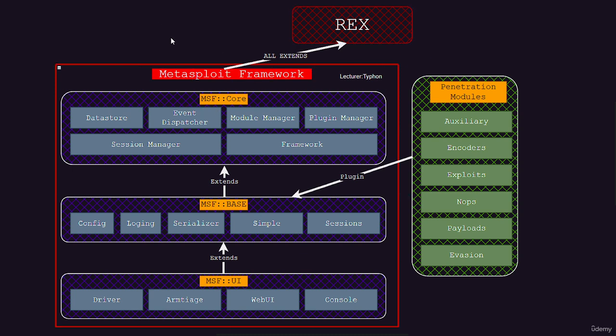Rex serves as the backbone of Metasploit, taking on a multitude of essential roles within the framework. One of its primary functions is handling core operations like socket management. It's responsible for setting up network connections, managing sockets for data transfer, and ensuring the smooth flow of information